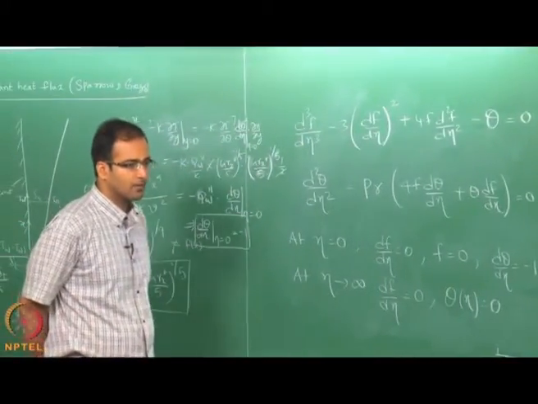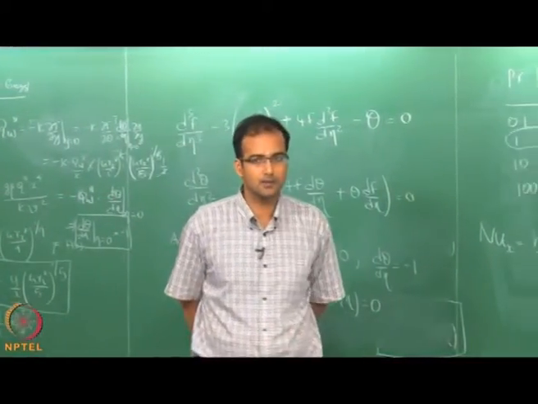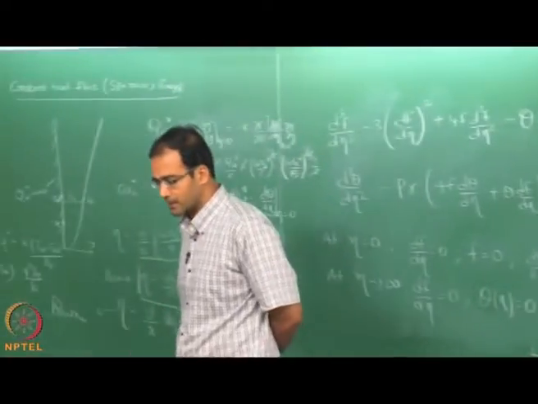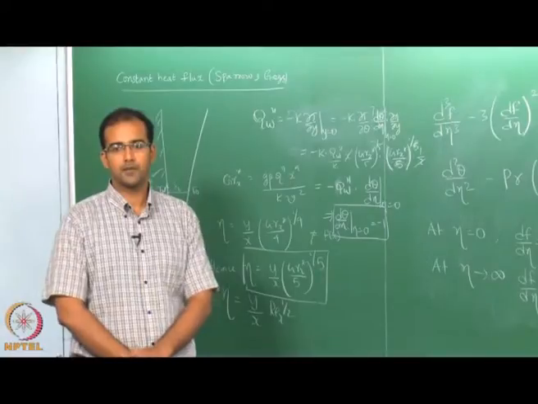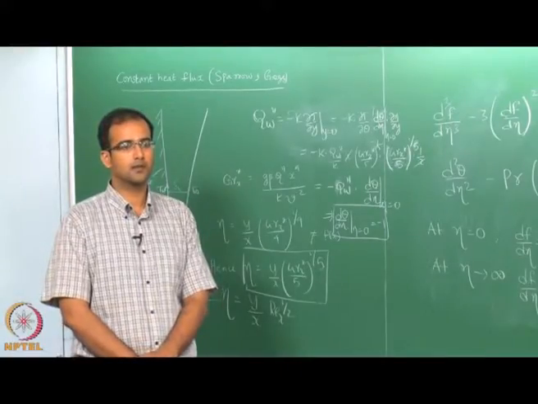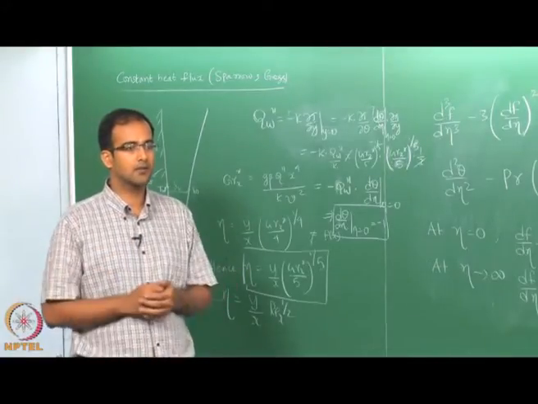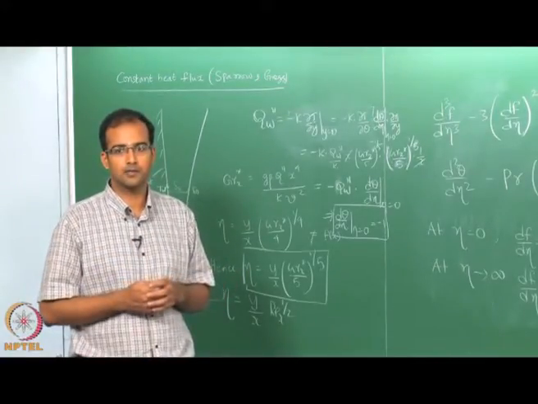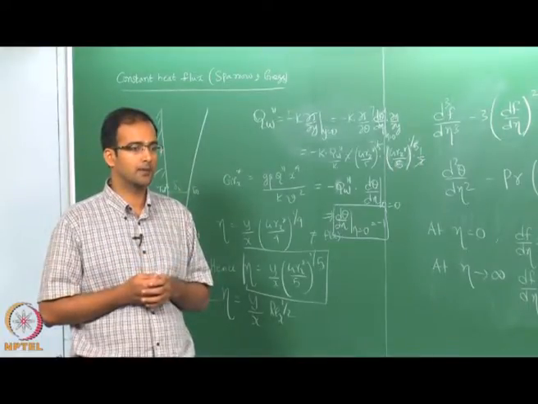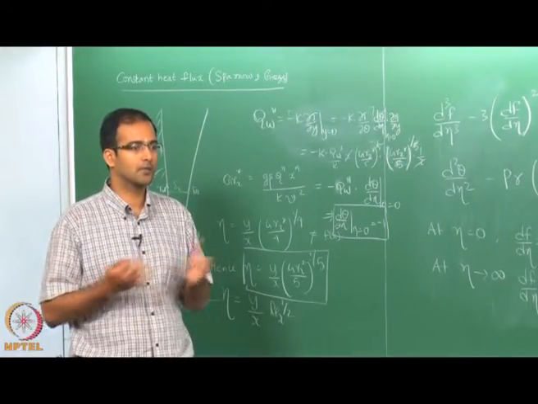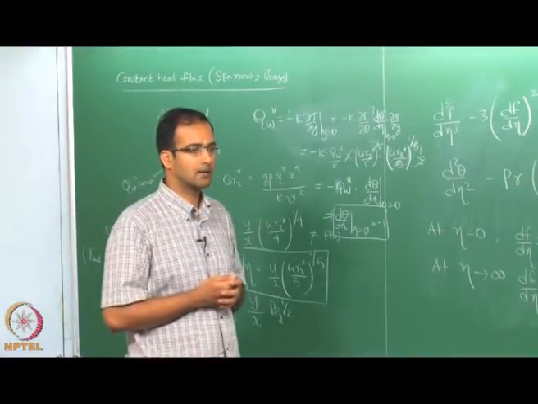So, now what we will do next is to look at approximate solutions. So, these are the two exact solutions possible in natural convection. When you talk about external natural convection, when you talk about internal natural convection, it is in a cavity and so on, you do not have exact solutions. Then before going to the full set of numerical solutions, we will also look at approximate methods or the integral solution.